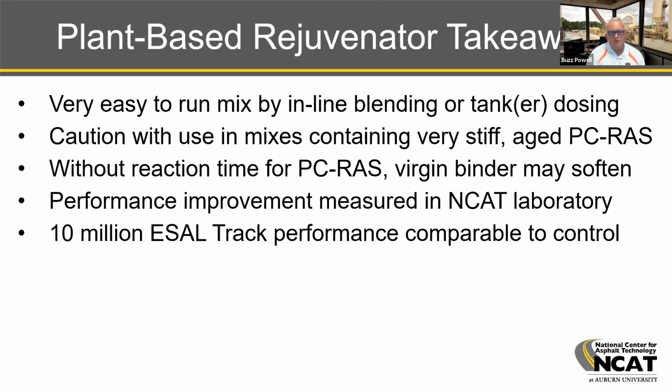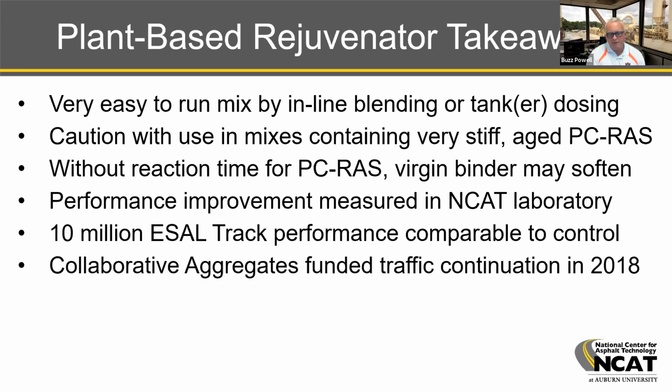Over 10 million equivalent single axle loadings, and that's approximately 6 million heavy axle passes if you would prefer to think of it just in terms of number of axle passes. But the performance in section N7 was comparable to the control over the 10 million equivalent single axle loadings on the 2015 track. Collaborative Aggregates, they believe in their product,